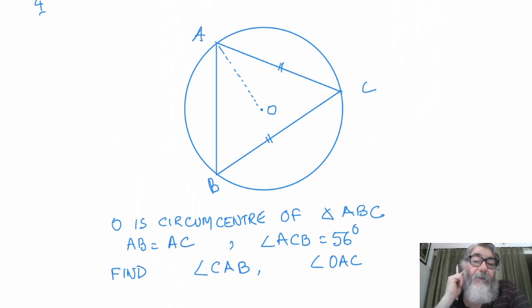But if he would have said that O is the incenter or any other center of the triangle, then it would not have been the center of the circle, leaving the case of an isosceles triangle. In an isosceles triangle, all centers are the same. AB is equal to AC, that means it is an isosceles triangle.